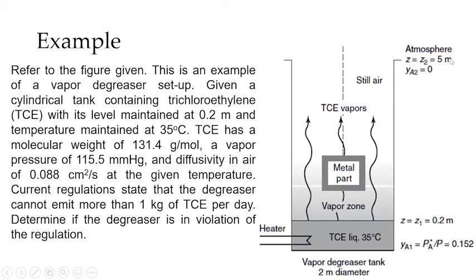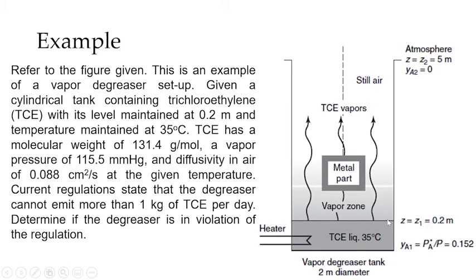That is, Z2 is equal to 5 meters because the tank is 5 meters tall. Now, you might have noticed that YA2, or the mole fraction of TCE vapor in the air at this level of Z at the top, is equal to 0. Why is it 0? That's because we are assuming that if the TCE vapor passes through this threshold, it will just be carried away by a very, very large volume of air such that its concentration is now assumed to be 0. Okay? Therefore, our driving force will be between YA1 and YA2, wherein YA1 existing at Z1